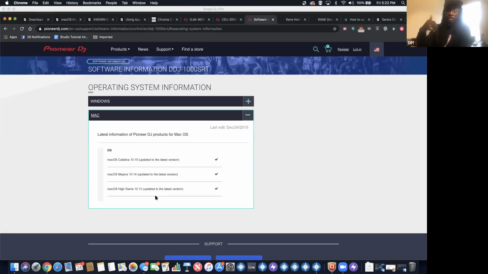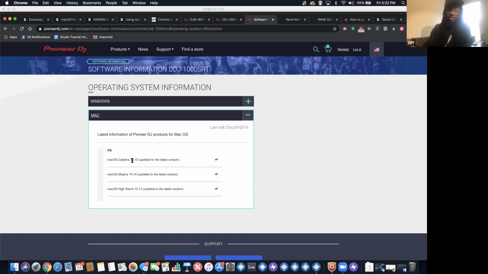I get the phone call at like 1:30 in the morning, "Yo, I can't connect to the controller, I can't play, I'm not gonna make my money tonight." The reason is that they're not set up to work with these operating systems with that new controller, right? So similar to what CFLO was saying before, check your computer, see what the age of the computer is, and then see what the best operating system is to work with. But you ideally want to be somewhere in this range, if at all possible. My own personal setup, I'm still on Mojave, and I'm not planning on moving from there anytime soon.